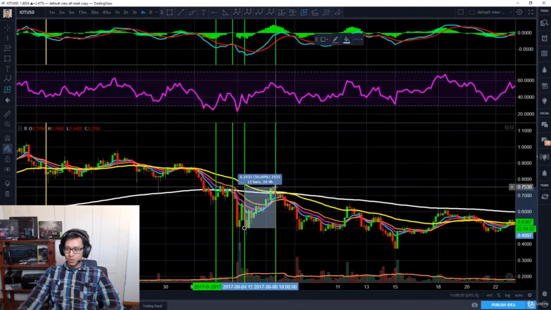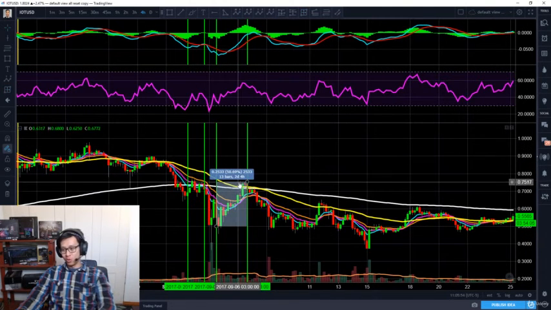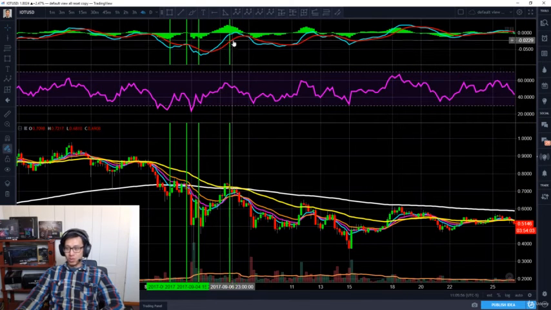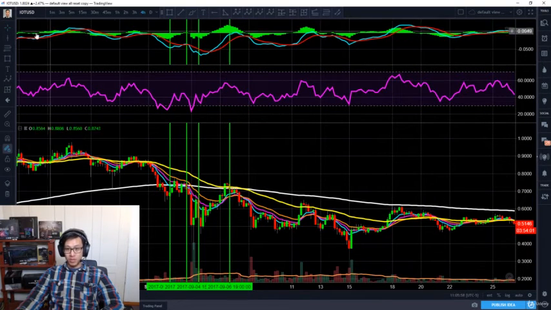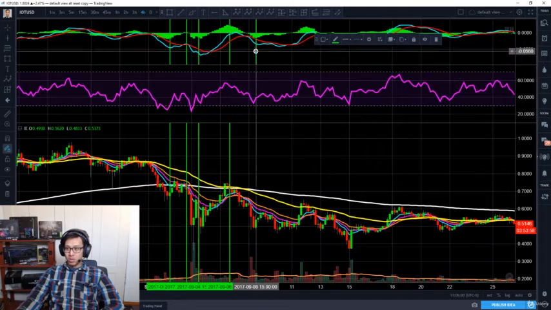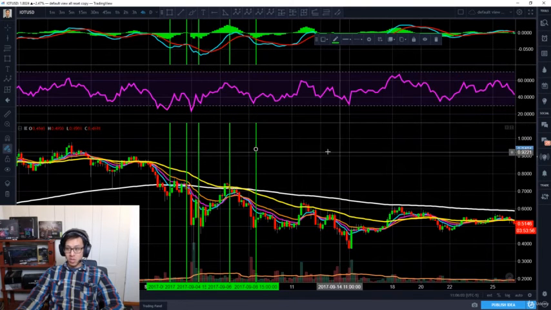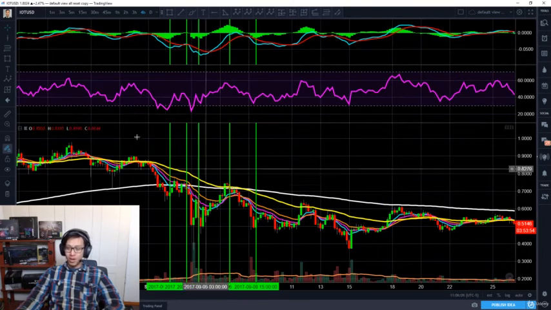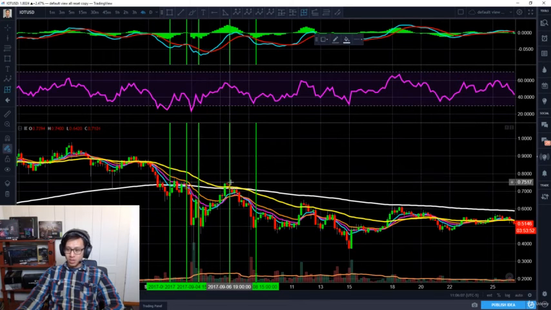Then you just made 50%. Cool. All right. You now enter a short position at the top of the histogram, and then you close your position at the bottom of the histogram, right? All right, well, you just entered a short position. You just made yourself